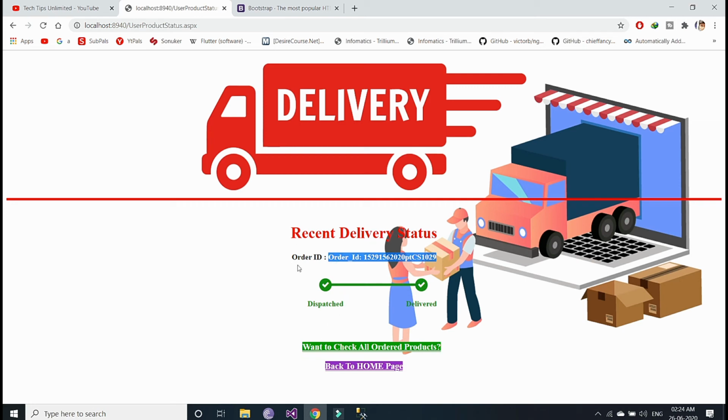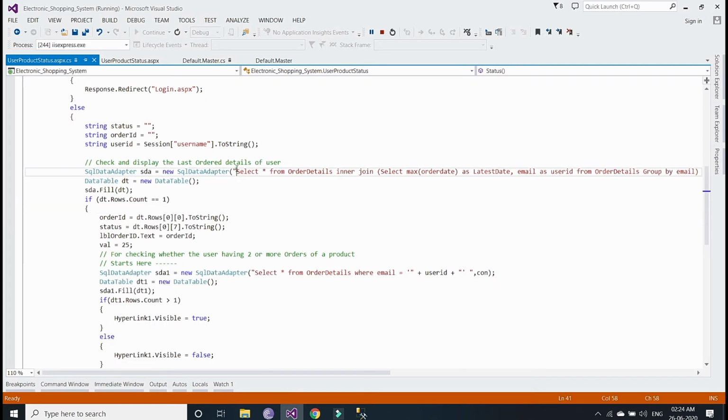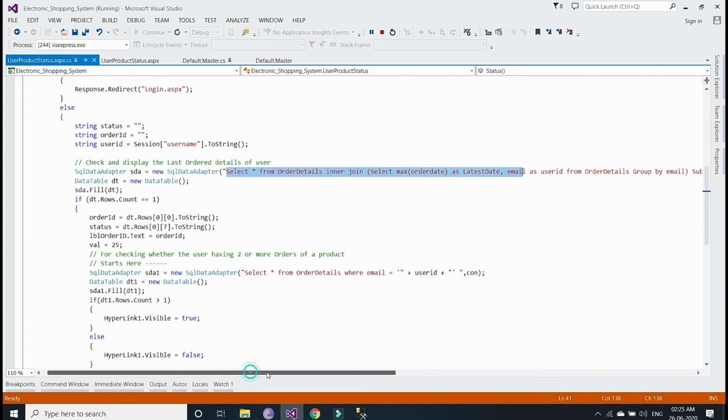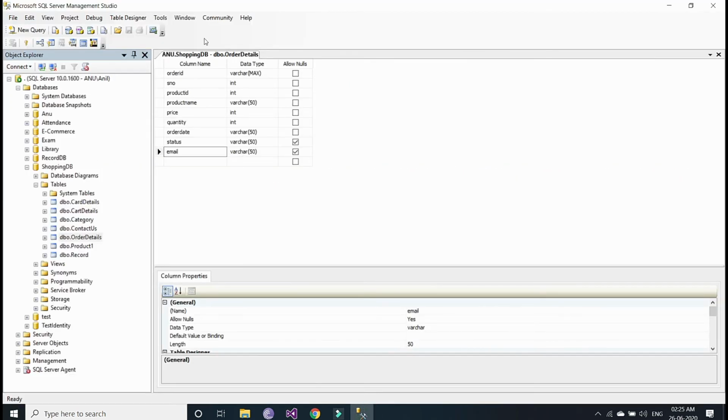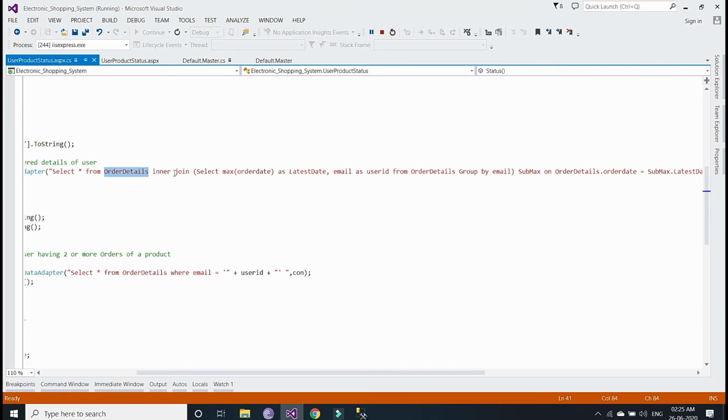To fetch this recent order, we have to provide this SQL query, that is select star from order details. Order details is our table name, if you know, the one which I have modified with a new column, email. After that, I have given here an inner join. This is a new thing for you, I know. Those who don't know,